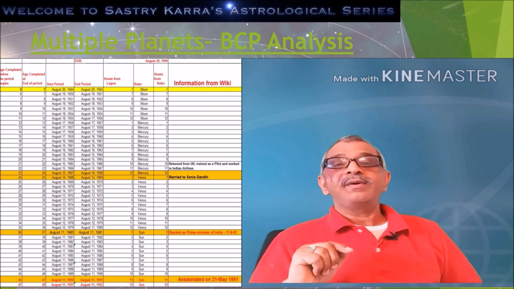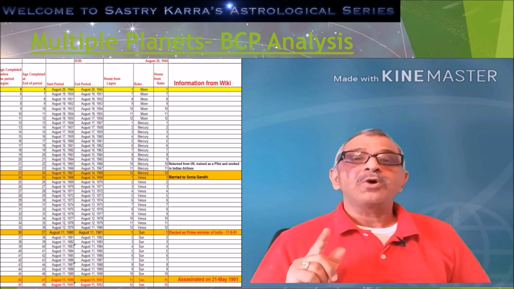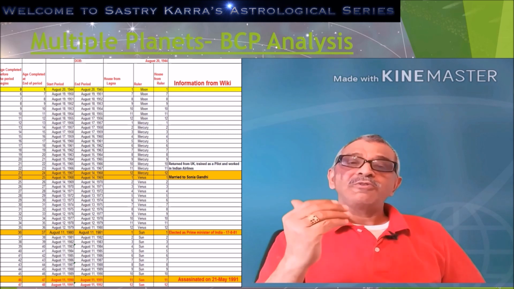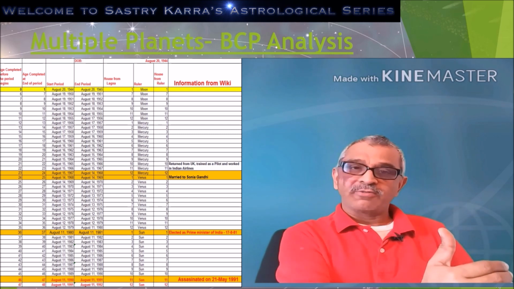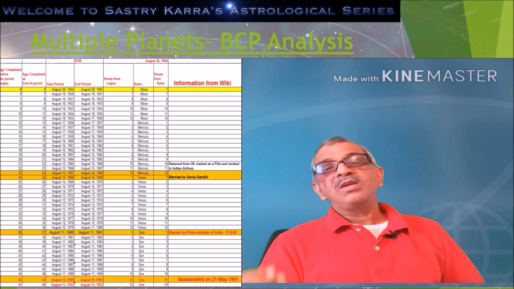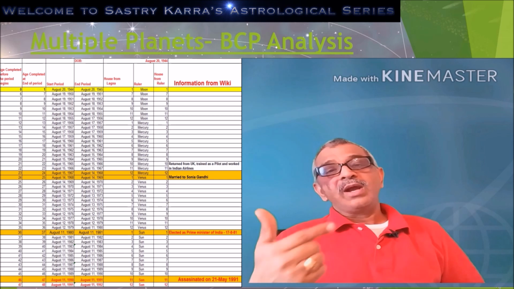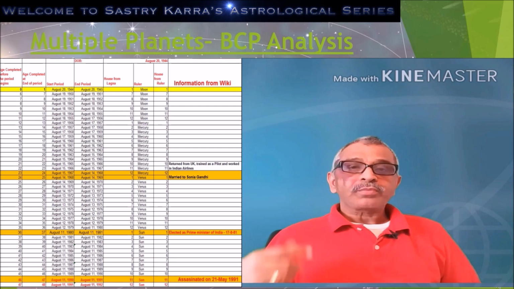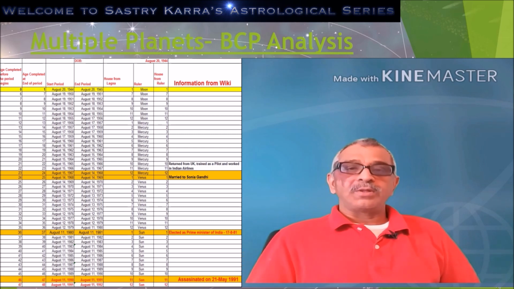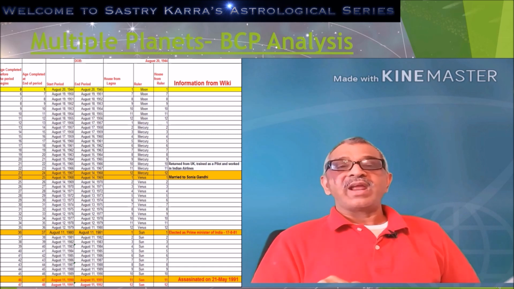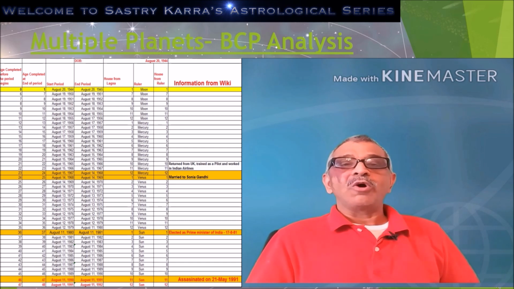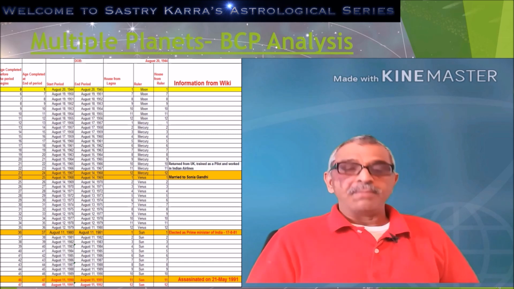According to Behavioural Chakra Paddhati, he got married either when the cycle ruler was Mercury and Mercury activated the 12th house, or when the cycle ruler was Venus and Venus activated the first house. We have to look at what could be the most possible cause for this event to happen, which I'm going to explain in Behavioural Chakra Paddhati in more detail. When I go through each and every event, I'm going to explain the most possible planetary combination that has resulted in the event of him getting married.